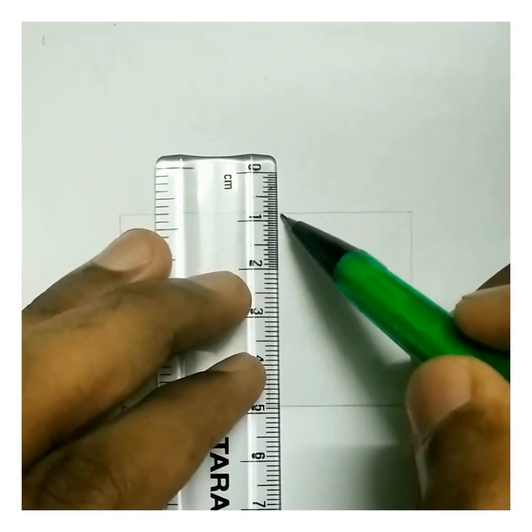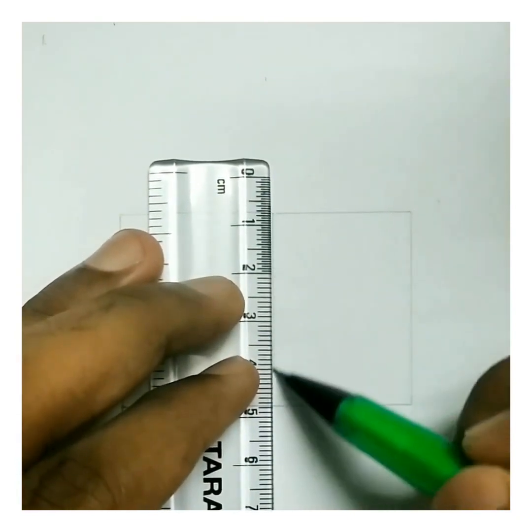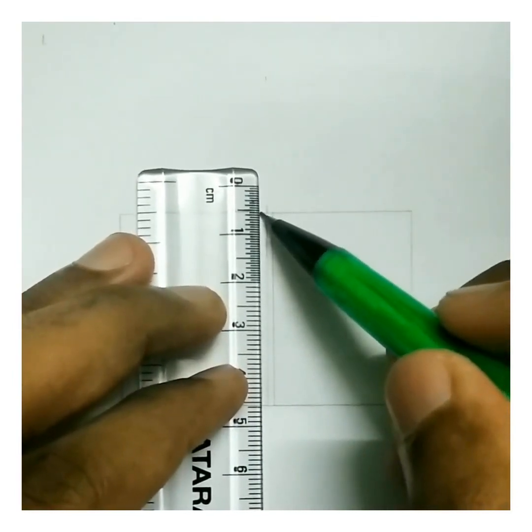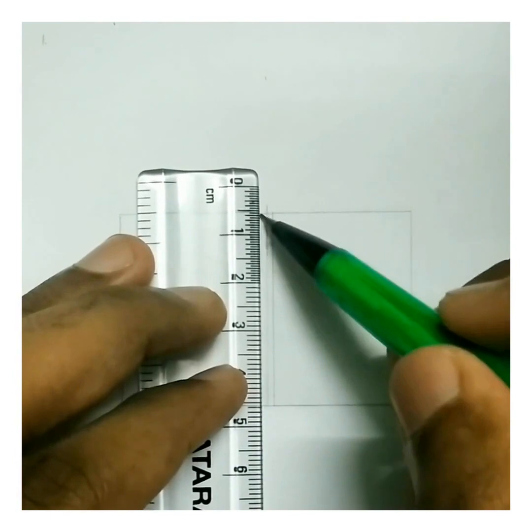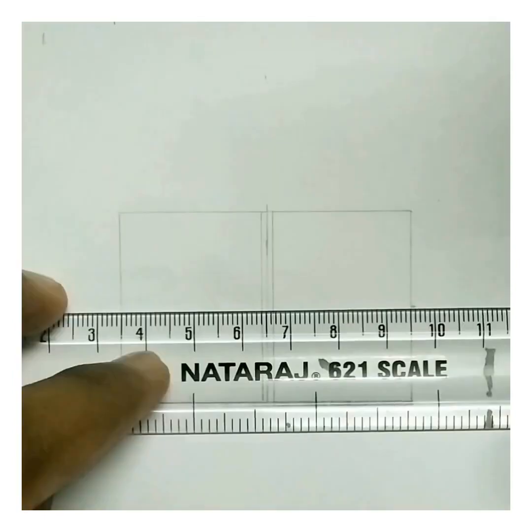Draw a line next to it, like this side and this side also. Okay. So here, mark a point at 2 cm. Draw a line